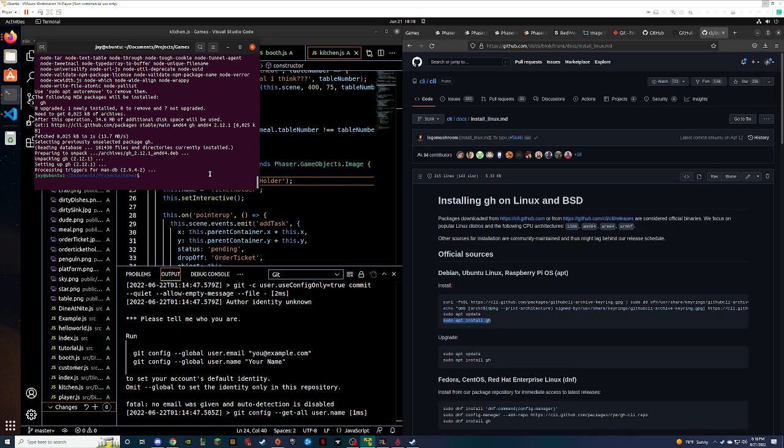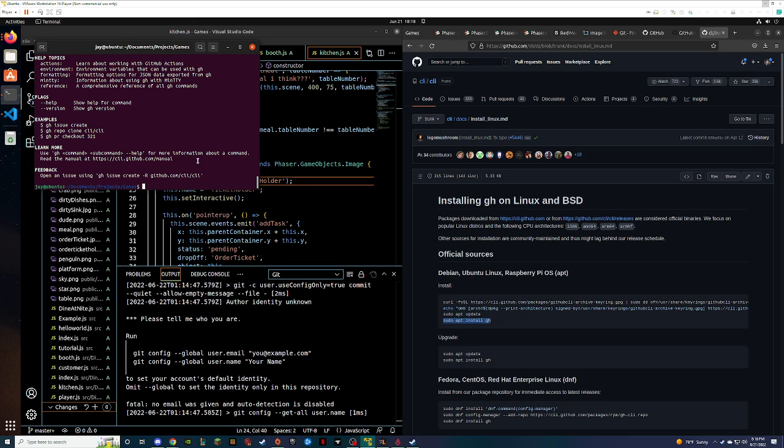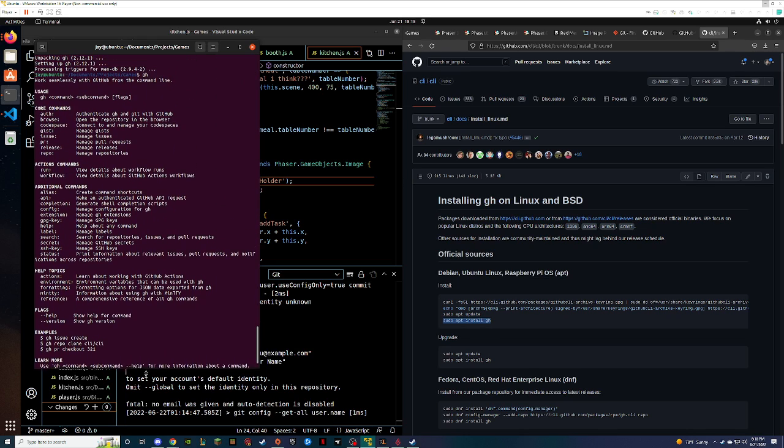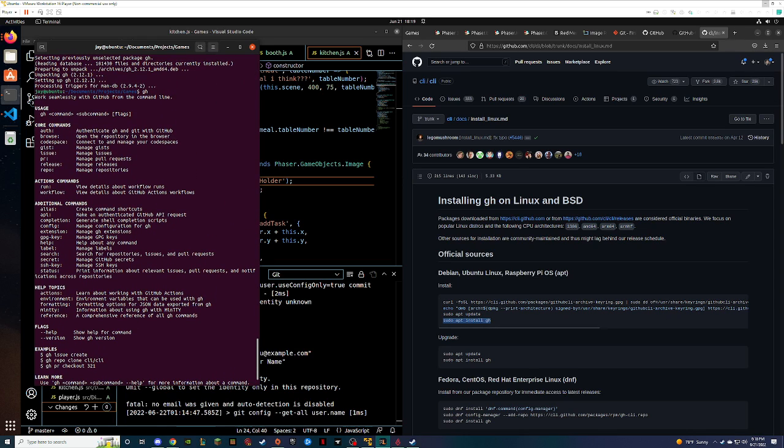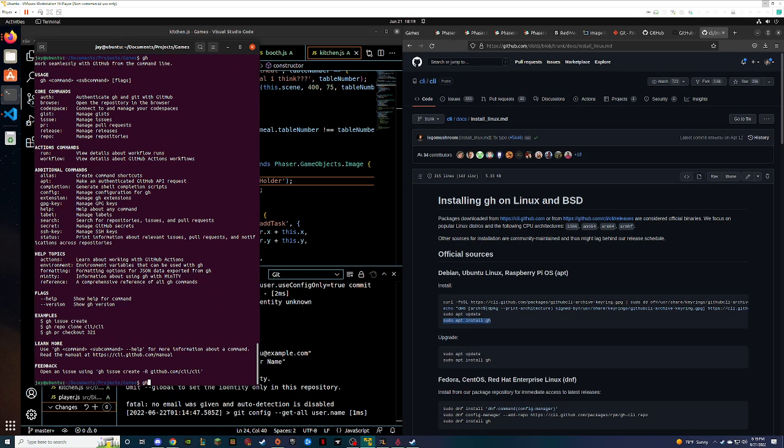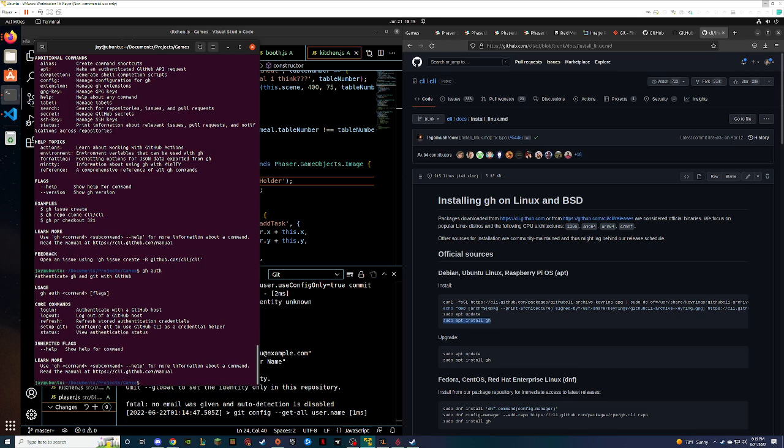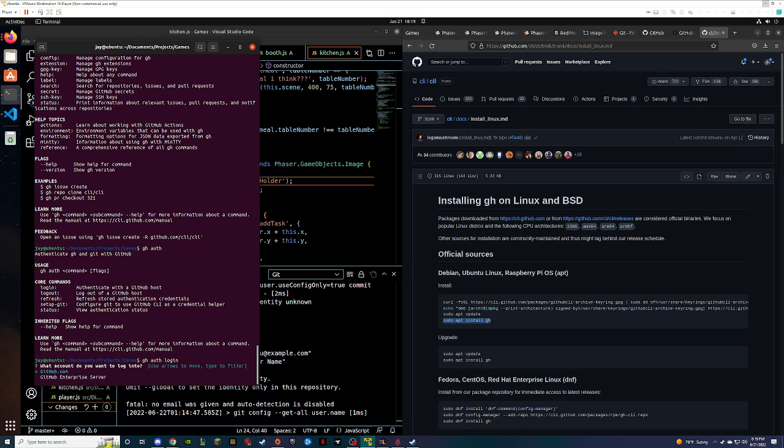Okay. Type GH. Enter. Scroll up. Here, let me just... GH space auth. Enter. It should open the web browser. Okay. Is this something people shouldn't see? It should just be an authorization page. Auth. Login. I don't know the full command without seeing it all. No, you're fine. Because you do it once and then you kind of forget it.